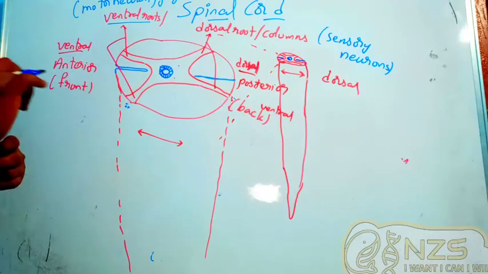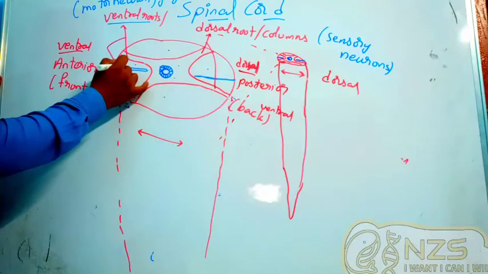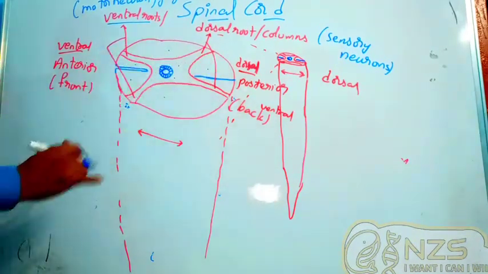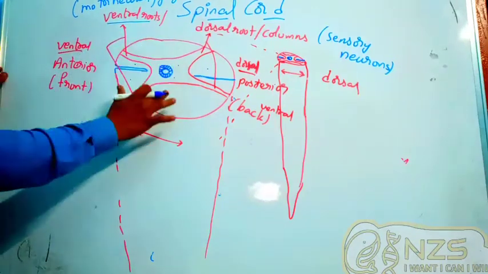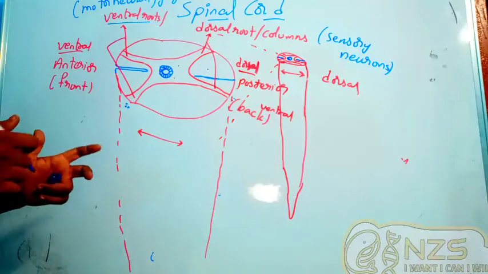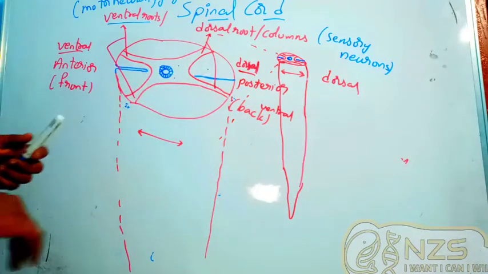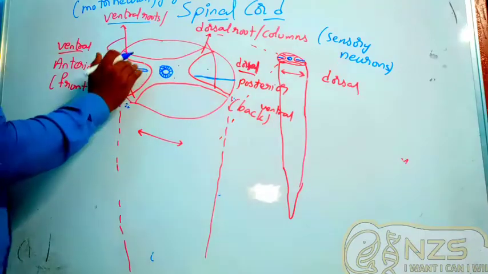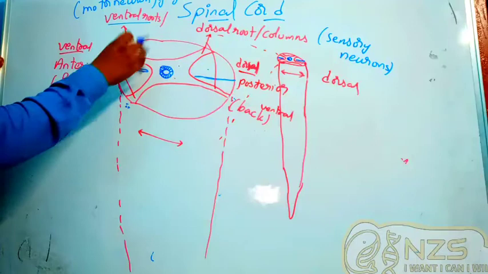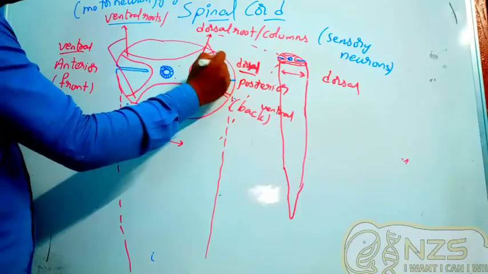Now coming to white matter. Think of this. This is white matter. You can see white matter has been separated by these fissures. So these are ventral fissure, these are dorsal fissure. Now what can they become? They are called funiculus. So we call them funiculus. Now if you observe, because of these fissures, the funiculus has been divided into three portions: the posterior, the anterior, the laterals. So you can see here this is the anterior funiculus.